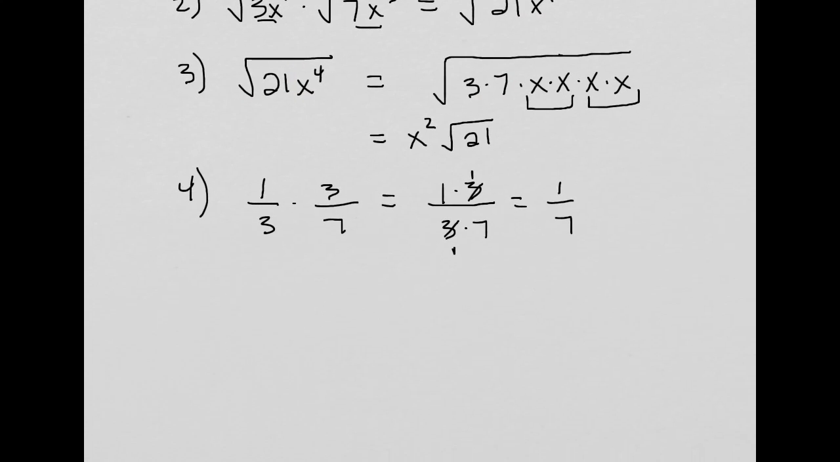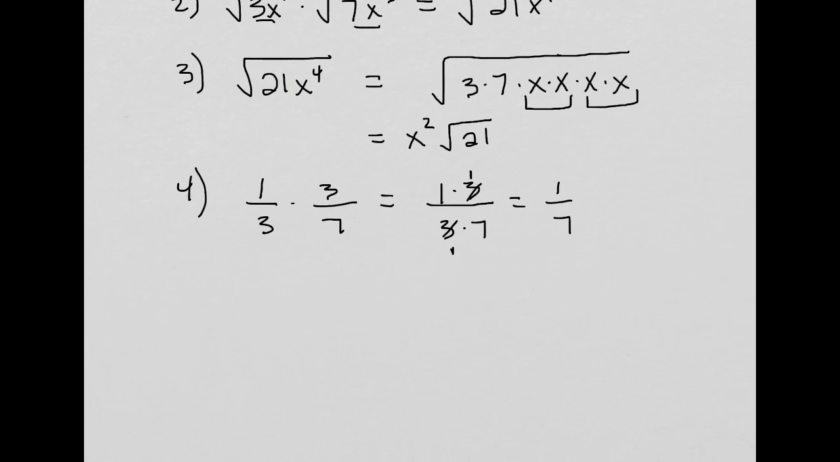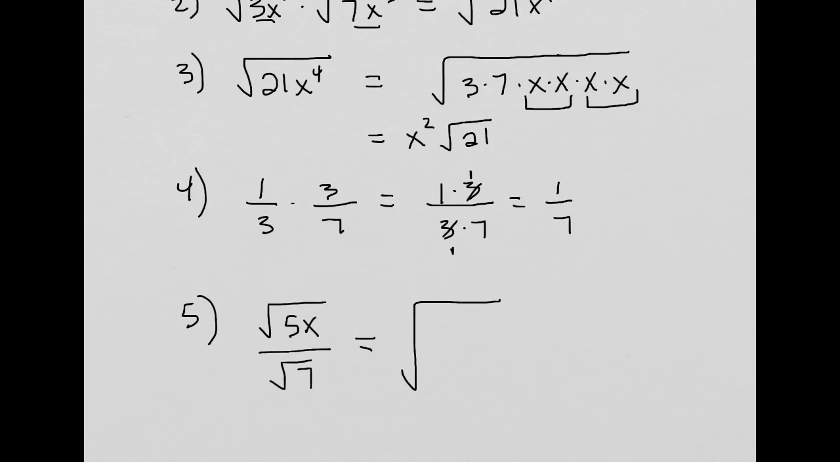Okay, there's actually one more thing that I want you to recall, which is, say I have the square root of 5x over the square root of 7. Whenever I'm dividing square roots, I can just write that as one single square root. So the square root of 5x divided by the square root of 7 is equivalent to just the square root of 5x